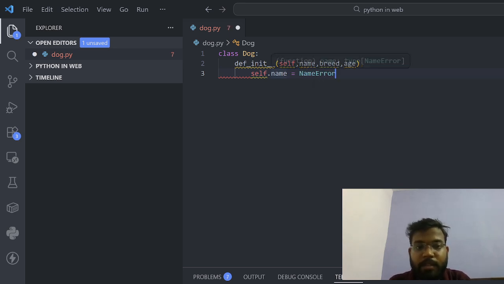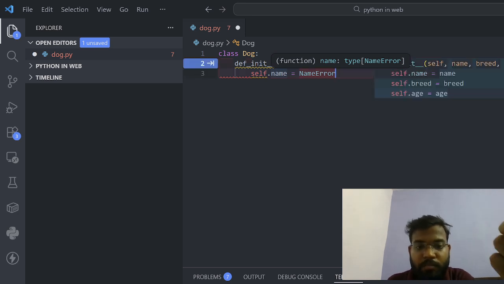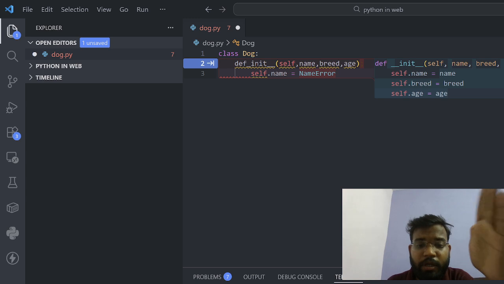This line means the dog's name. Self just means this particular dog, so self.name is this dog's name.